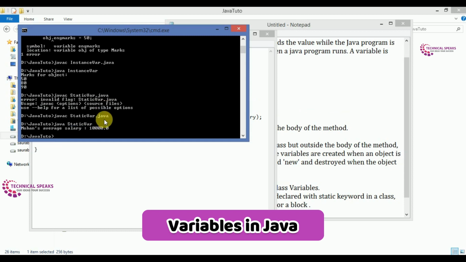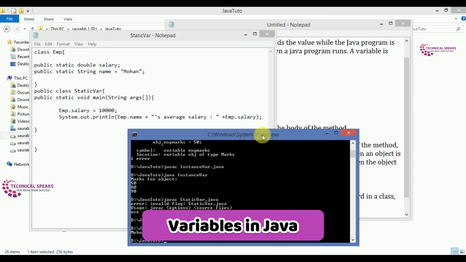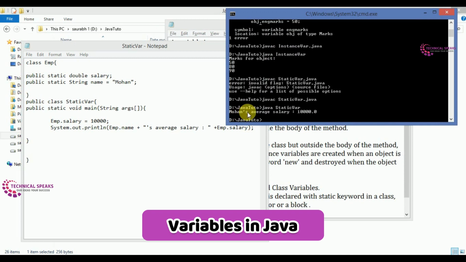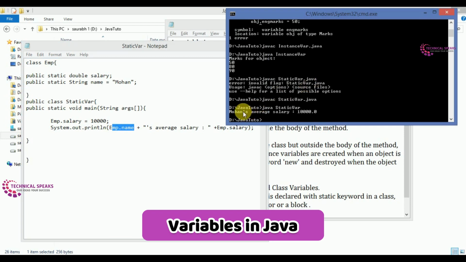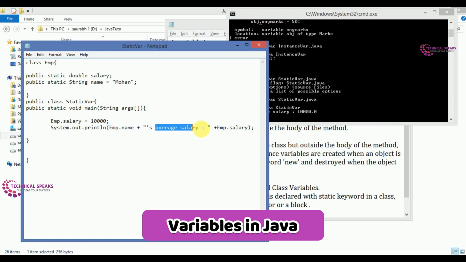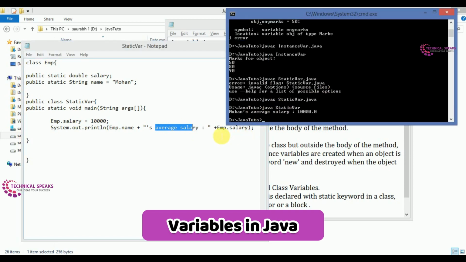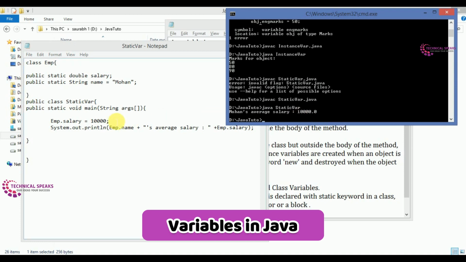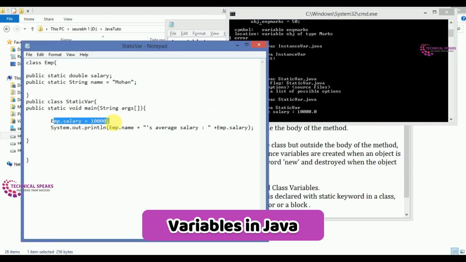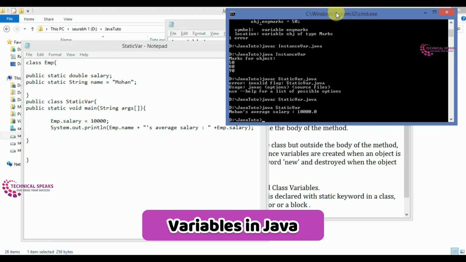It would give us the output as Mohan's average salary, which is 10,000. Okay, you can see here Mohan, which comes from imp.name, right, and then s, which is this one, average salary, this is this one, and imp.salary, this comes from 10,000, which we declared here imp.salary 10,000. So that's all.